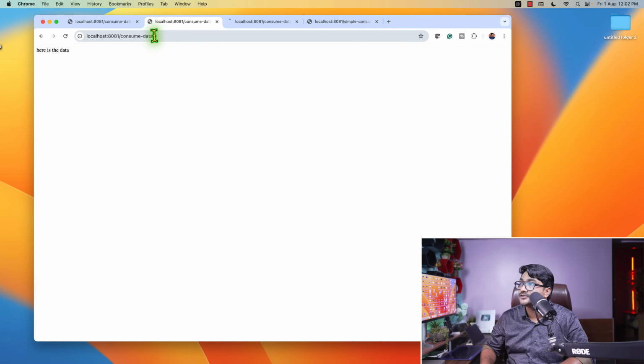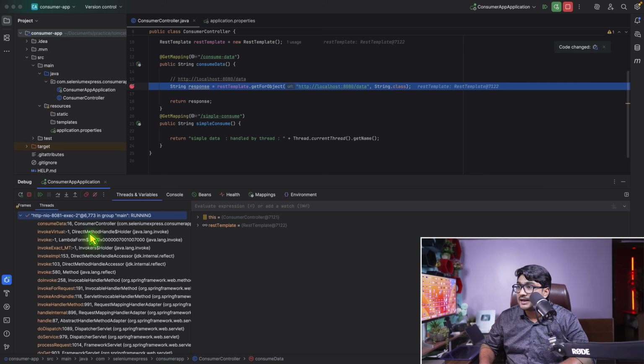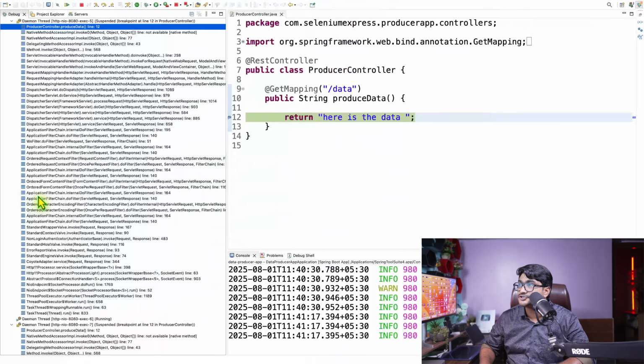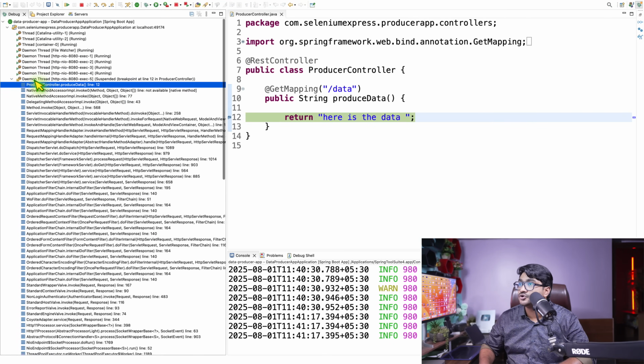Now let's say there is another request going on over here for the consume data. Okay. So now the debugger will be triggered in IntelliJ because I have a breakpoint where I'm making the REST call. There we go. And now the exec2 is handling this request. Let's just try to make this call. Resume this. Okay, now it's coming to my producer